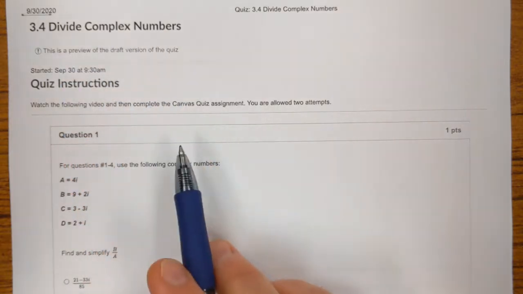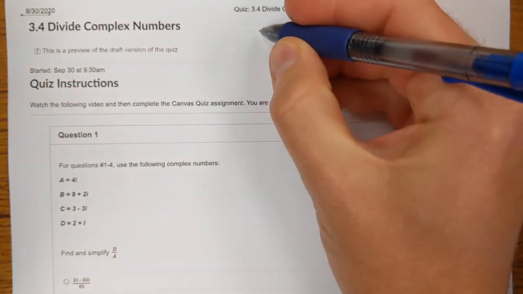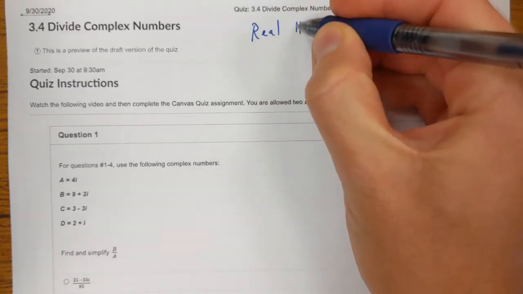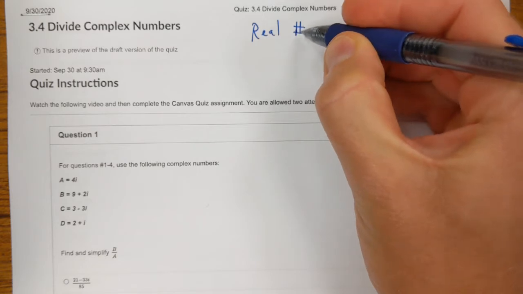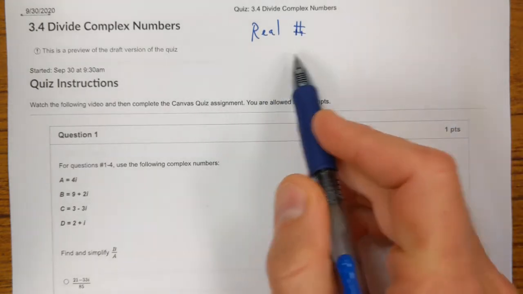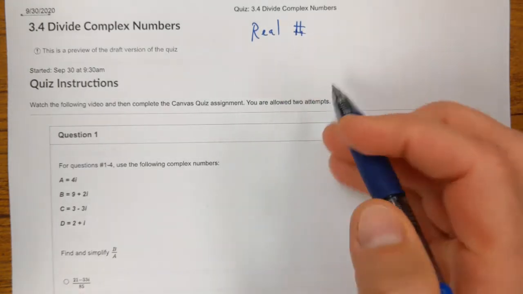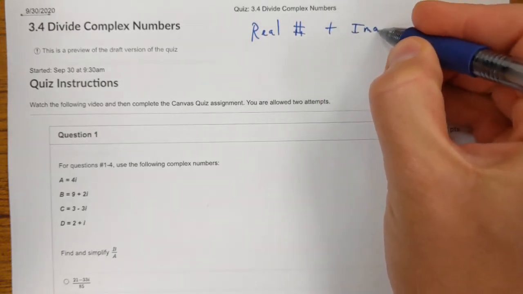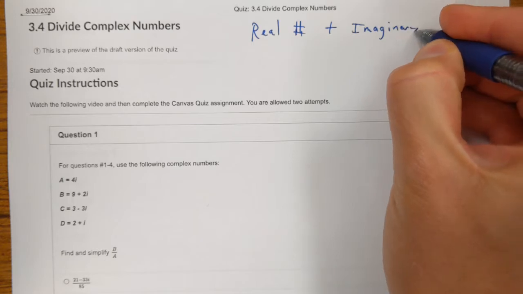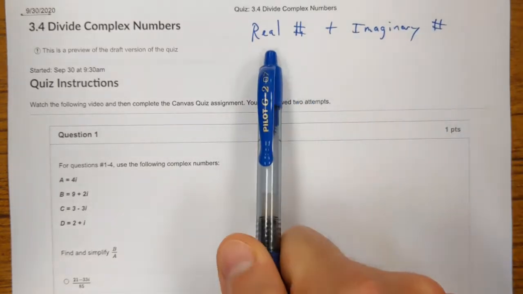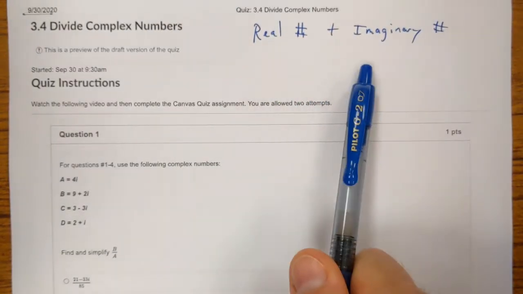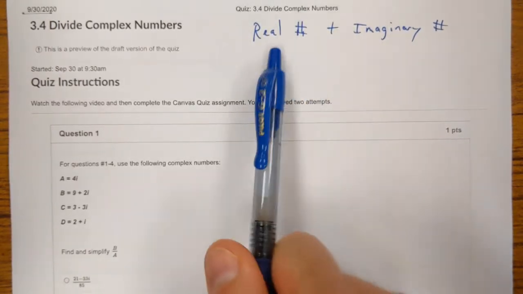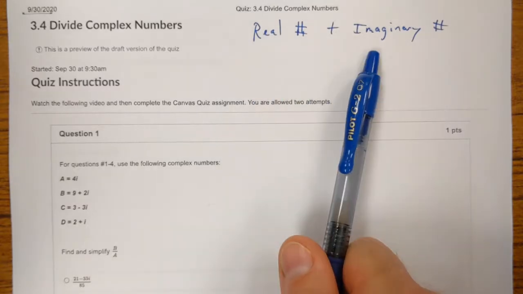What is a complex number? A complex number is a number that's written with 2 parts. First off, it has a real number, a number that we're very familiar with, but then that number is going to be added or subtracted by an imaginary number. Remember that real numbers and imaginary numbers can be added or subtracted together. So a complex number is just where you have these 2 different types of numbers being added or